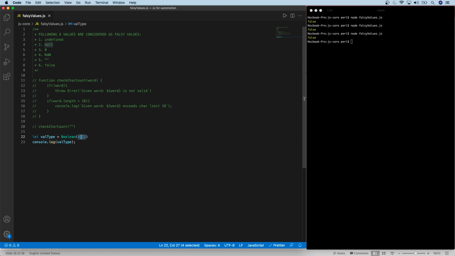You can provide all these values and check whether they become false, and they will. But interestingly, if I just put an empty object, what's going to happen? Let's see. So this is returning true. We might think an empty object may be a falsy value, but it's not. An empty object is also a valid truthy value, meaning it is having something internally. And if you do the same thing with, for example, an empty array, this will also become true.